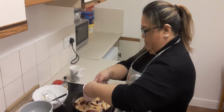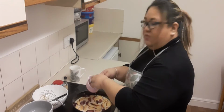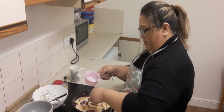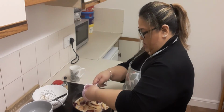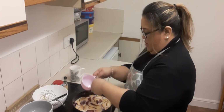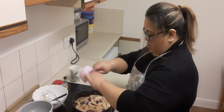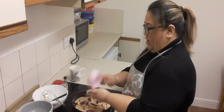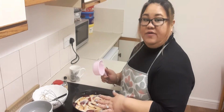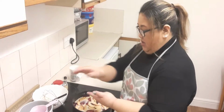You'll see later on it will be nice and brown because it burns, you know. It's like caramelized when it's cooked. That's why you don't really need to put a lot of sugar in the mixture of your cake, because you're going to put sugar on the top as well. And then you will see later on, when it's cooked, all the sugar on the top with the nectarine will all be caramelized. It's really nice. So yeah,